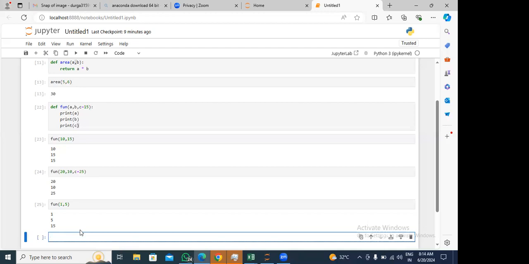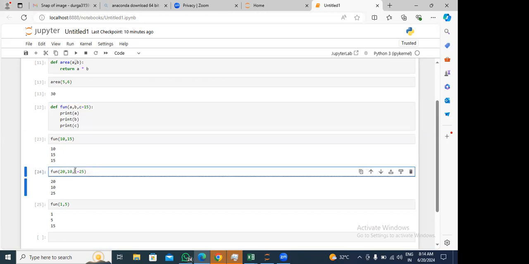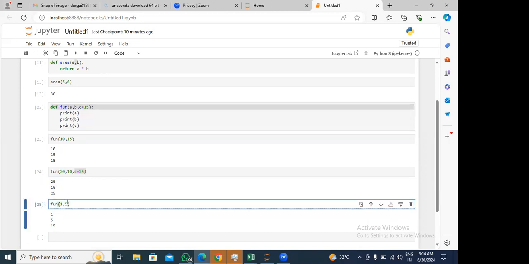Are we clear? So here we have given a default argument, saying C is equal to 15. Even if you change it for a different function, here I am changing for a function where C is equal to 25. But again, if I want to call this function, this default still exists. So you can give only two values, or if I want to override,